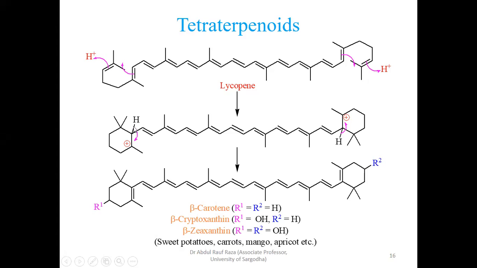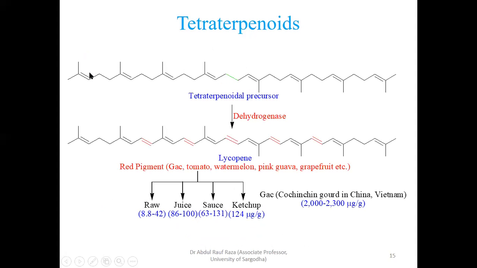So this hydrogen leaves from here and generates a double bond here. So this is a double bond here. The same action is taking place here. If you look at this molecule, which you have seen already, this tetraterpenoid, from this side to that side, this is exactly the mirror image of this. From this part, this looks like a mirror image of this.